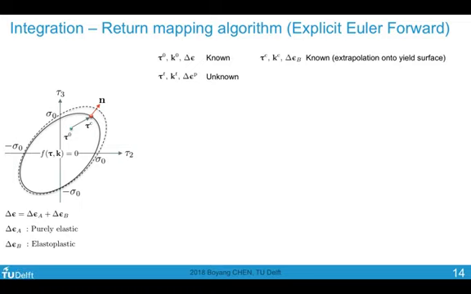The simplest approach to start with is to use an explicit algorithm. Basically this means that all the quantities that we need to calculate the three are evaluated at this point where we know everything about. Now we proceed with writing tau t equals tau 0 plus delta tau, and then we can use the rate form of our constitutive law to write delta tau equals C^e, our constitutive tensor, multiplied with the elastic component. So this elastic component equals the total strain increment minus the plastic strain increment, which is unknown to us.